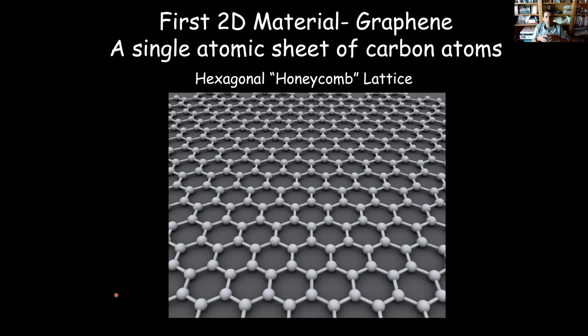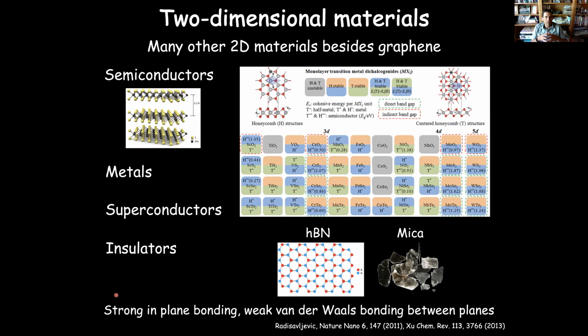These materials all have some things in common in that they have strong in-plane bonds, but they have weak out-of-plane van der Waals bonds, which allows the materials to be exfoliated down to either single atomic unit cells or a few atomic unit cells. But beyond having those characteristics together, they come in a wide range of different electronic properties. That starts with graphene, which is a semi-metal, but you can also have things like molybdenum disulfide here, which is a semiconductor.